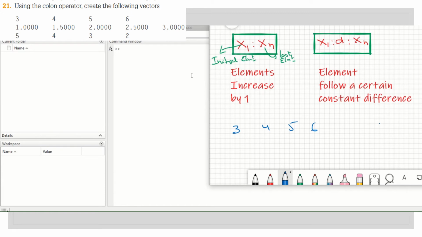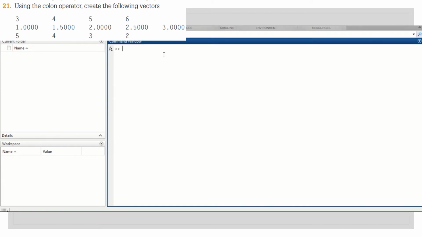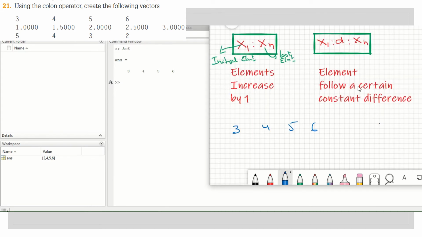So we can create this vector by saying 3 colon operator 6, and then press enter. This generates a unit space vector. Okay, all elements increase by 1. Now we can also use the other formula, this one. This creates a pattern, okay, it generates a vector with elements following a certain pattern. Like in the example,